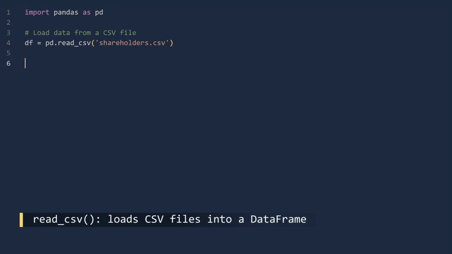In the digital world, data typically lives in files and databases. Pandas provides straightforward methods to load data from various formats: CSV, Excel, JSON, and more. Let us examine a real-world scenario. Shareholder voting data from Quantum Horizons, a private space exploration company. The data resides in shareholders.csv. To transform this CSV file into a data frame, we use the read_csv function.